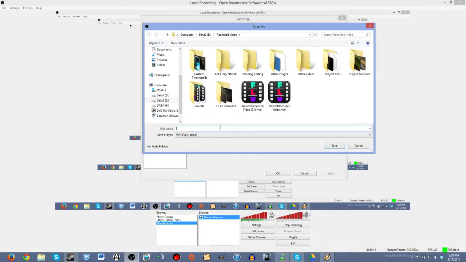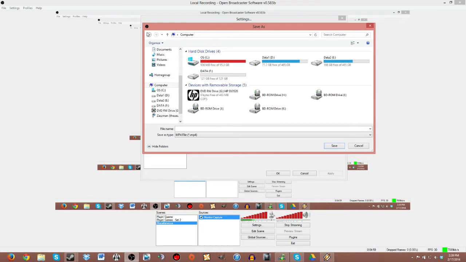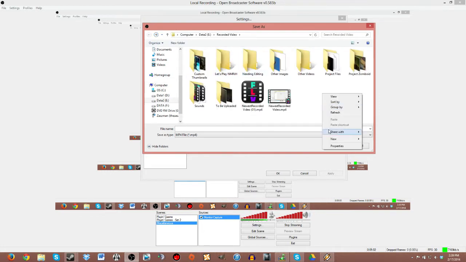And for the file path, this is one thing you can really customize yourself. What I do is I have a folder in one of my drives that I reserve just for my YouTube stuff. You can create a folder anywhere you want on your computer, find it through here by navigating the different menus, and once you're there, make a folder or pick a folder you've already made. Whatever file name you type in here, like I'm just going to type random letters,